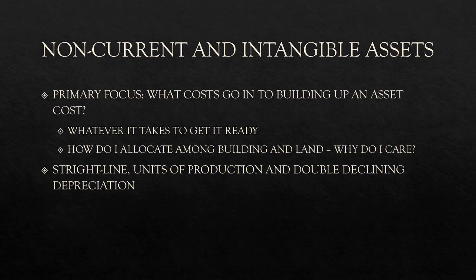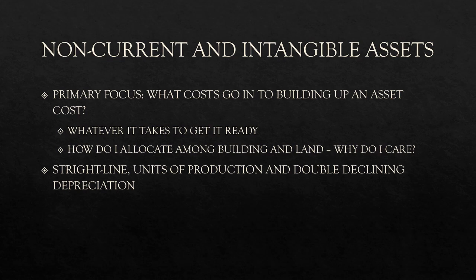The other part that you want to be aware of is, how do you allocate costs among buildings and land? So I buy this piece of property for $100,000, and I have an appraisal done, and the appraisal shows that the land is worth X and the building is worth Y. And so I have to be able to allocate that $100,000 for the cost based upon the appraised allocations. Let me just give you an easier example that you can put your arms around. So I have a piece of land that's appraised at $60,000. I have a building appraised at $40,000, and I have